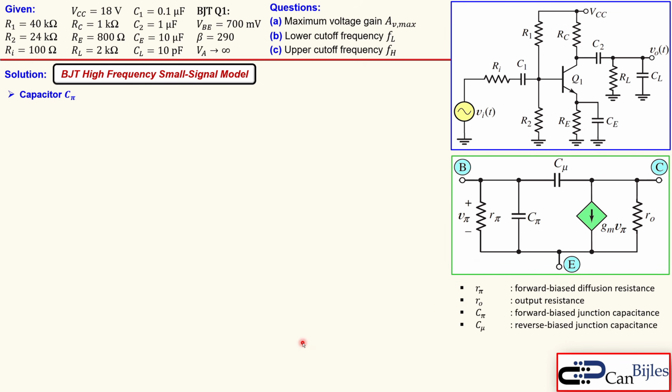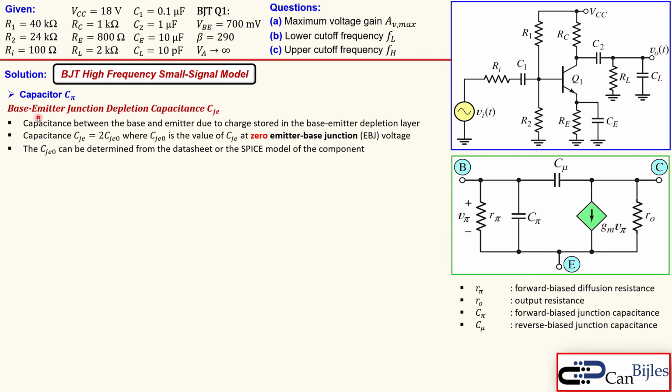Now we can look first at the capacitors C pi and C mu, because those are new. We have seen the R pi and RO before, also in the small signal analysis for the voltage gain, but the C pi and C mu are new. So the C pi is actually a combination of the base emitter junction depletion capacitor and another capacitor we will discuss shortly. And that is the capacitance between the base and emitter due to charge stored in the base emitter depletion